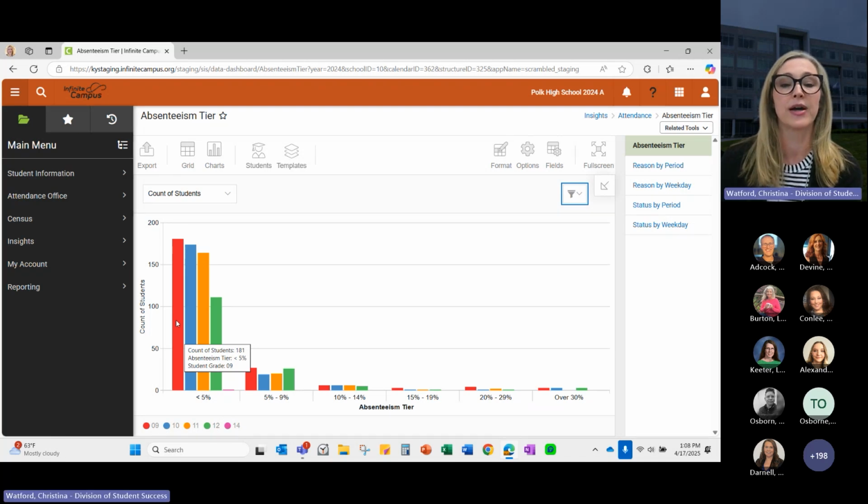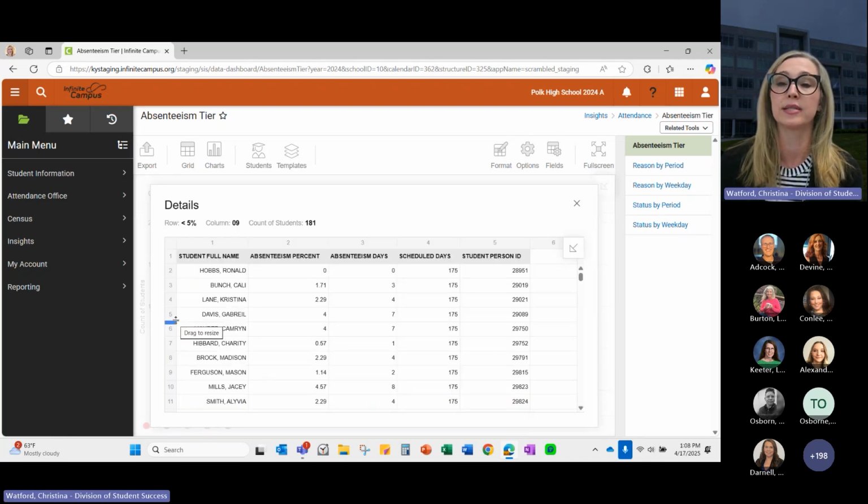If I double click that, it takes me to a details report. Inside of this details report, I can sort my information by any of these columns simply by clicking up here at the very top of the column. So in this case, student name, we can see it's not alphabetized. If I click, sorry, there we go. If I click, then you can see I very quickly alphabetized my list,